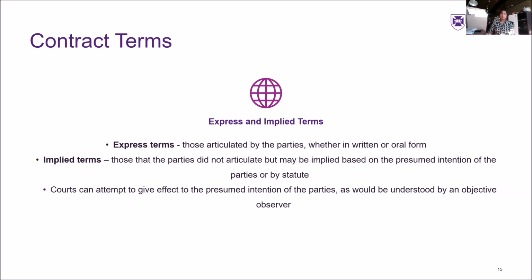Also, as I said, the legislation has a role in certain types of contracts. And so some legislation will imply certain terms to particular classes or kinds of contracts. So terms that are implied by law tend to operate as default rules or minimum standards in contracts of that sort. Again, we'll talk about a few examples of those towards the end.